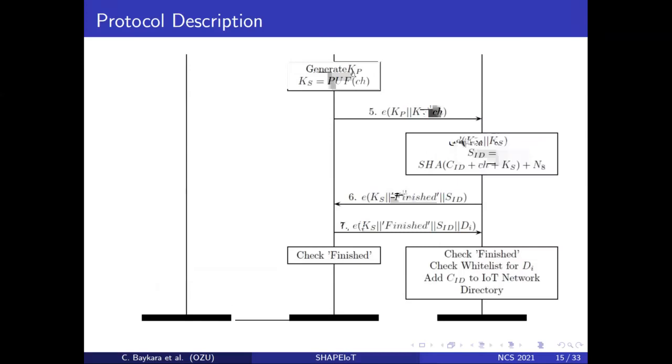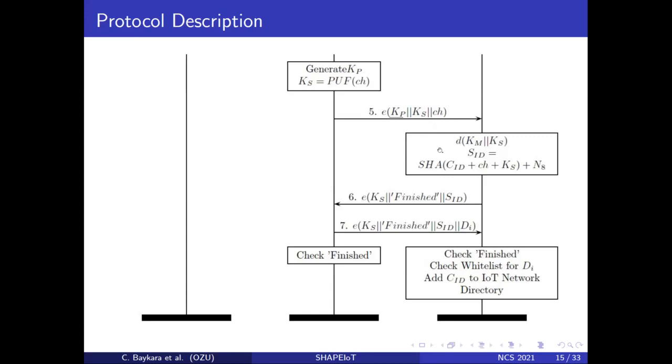And the IoT device will also receive the server's public key and send the generated session key to the server in message 5, which is encrypted using the server's public key. It also includes the challenge. At this point, the server decrypts the session key using its private key, and it also generates a session ID